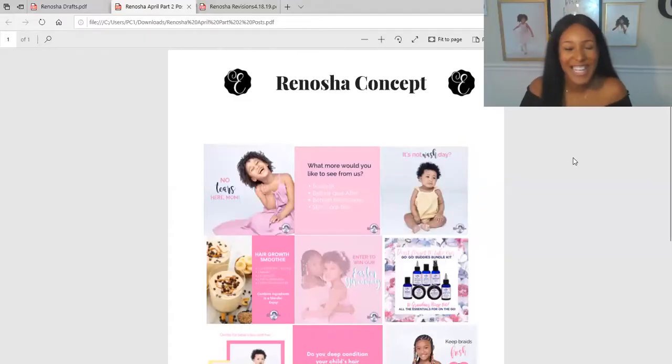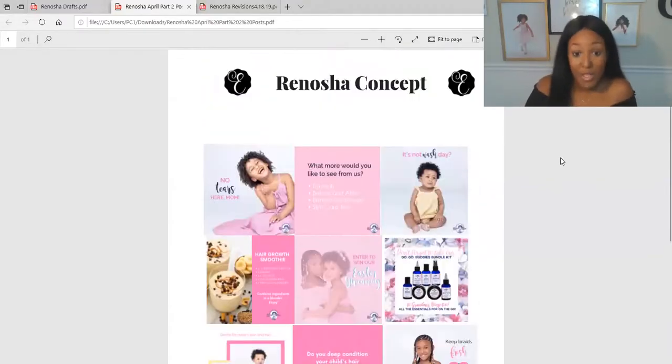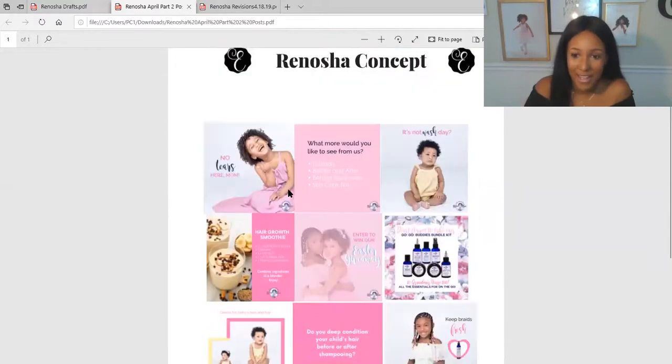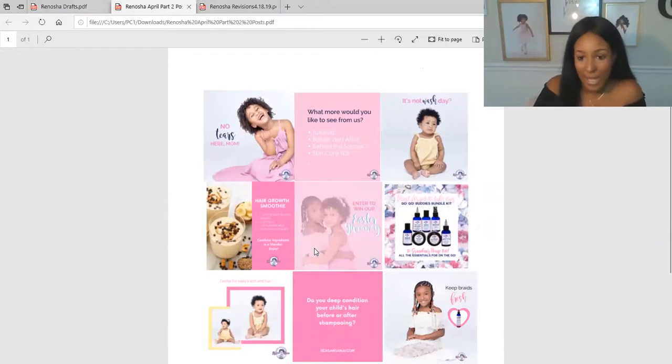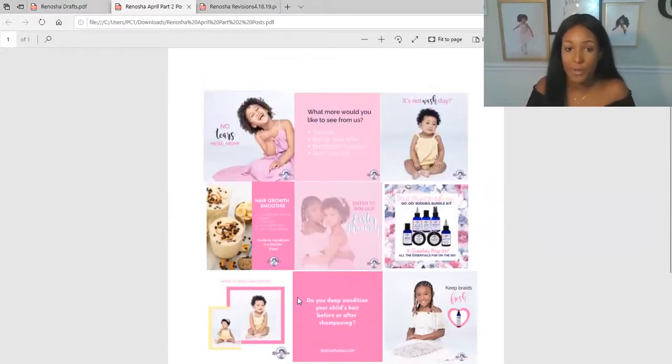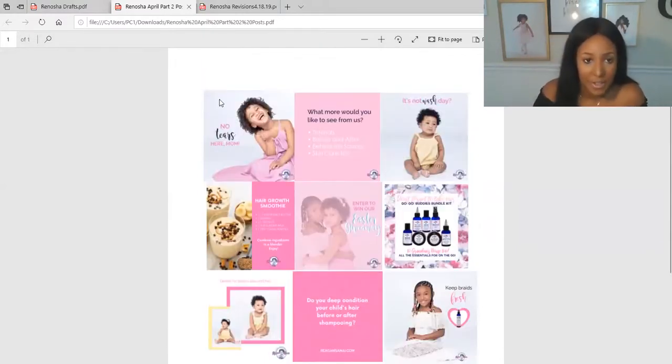Sorry about that. Anyway, so yeah, these are concepts for April that I made. Oh, let me move you out of the way. So these are concepts for April. I had a theme, or we had a theme of Easter, really bright. And I actually made her some other posts with that theme that I really want to share. So in April,